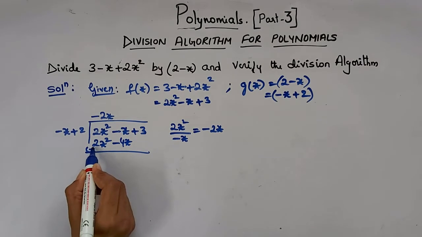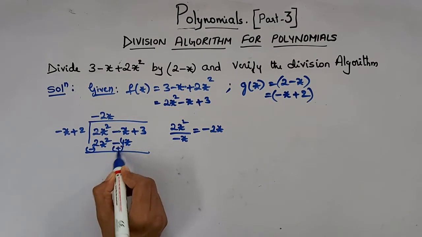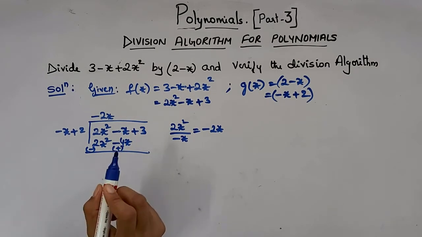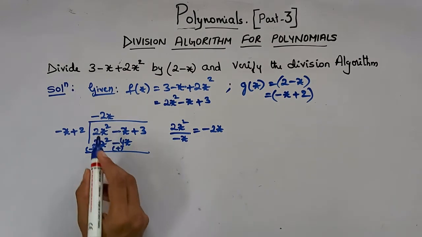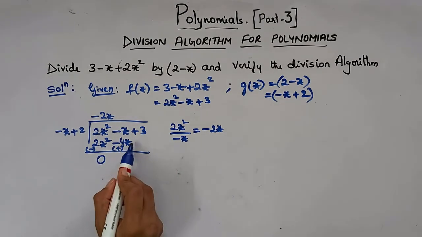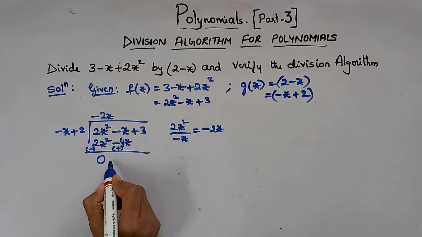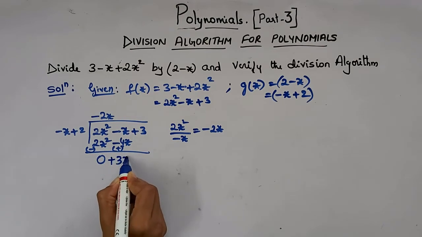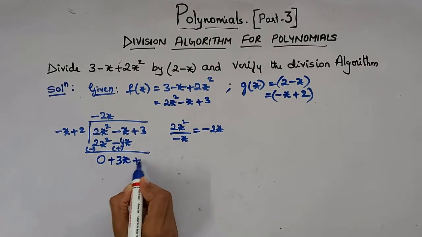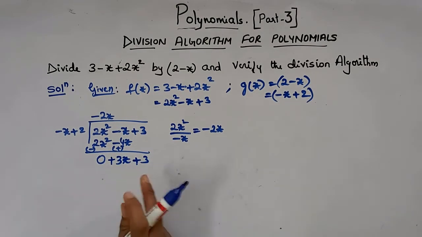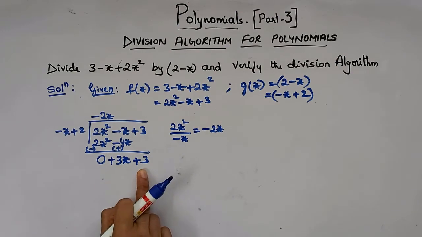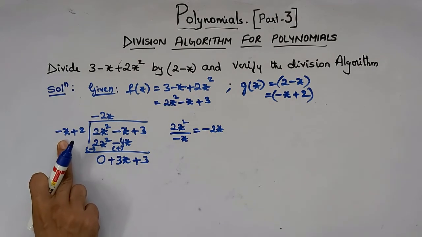So now change the sign, here minus, here plus. Minus you will change to plus. If you have plus, you will change to minus. Okay, this will be 0. So now this will take the new sign. So plus 4x, minus x and plus 4x, so that will be plus 3x, right? Plus 3. You see the degree of this. So the degree of remainder is 1, x power 1, right? And the degree of the divisor is also 1.